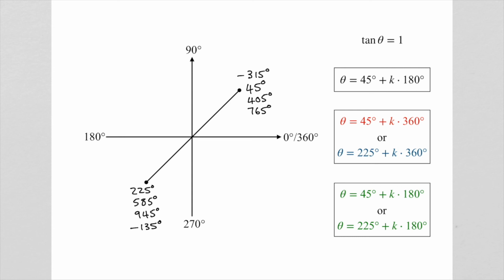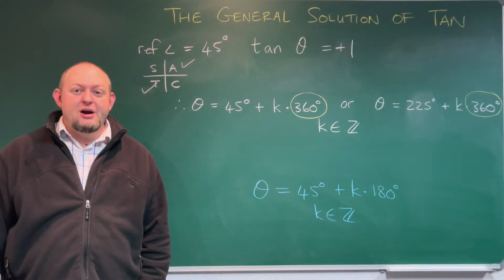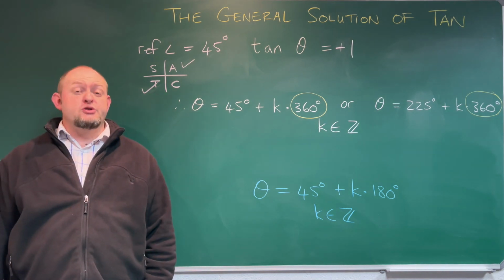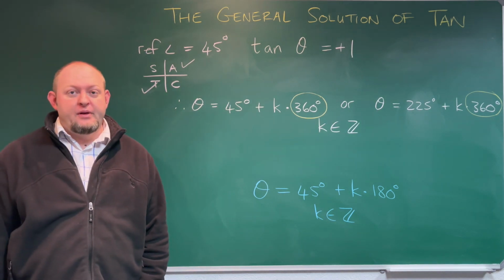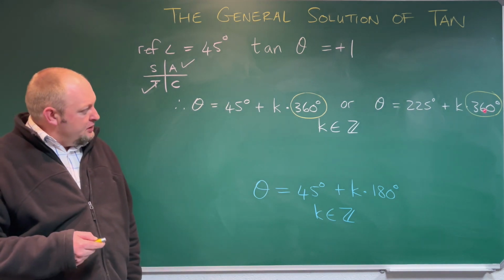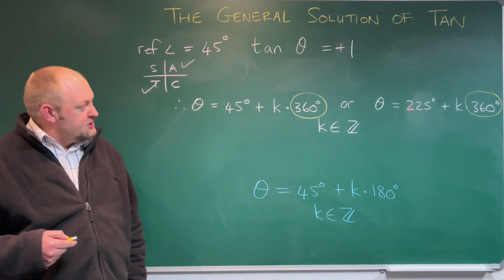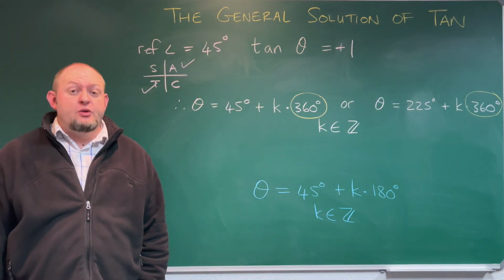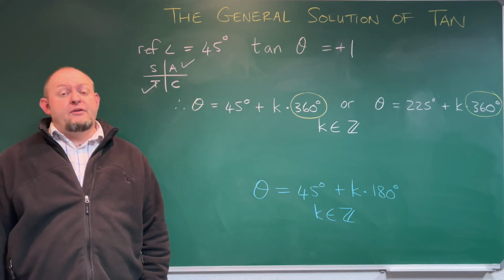So I hope that clearly demonstrates that these 2 methods, using one quadrant with K180 or using the 2 different quadrants with K360, actually produce exactly the same answers, and therefore both are completely correct. So, since both these approaches give exactly the same angles, which one should we use? That is entirely up to you. We have opted for the first one, using the 2 quadrants where tan is positive and adding K360, because it is consistent with the approach that we have used for sine and cos. And so we have only one method